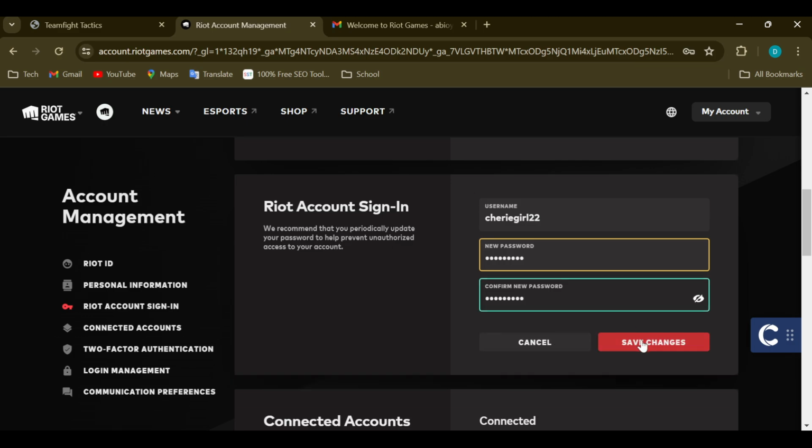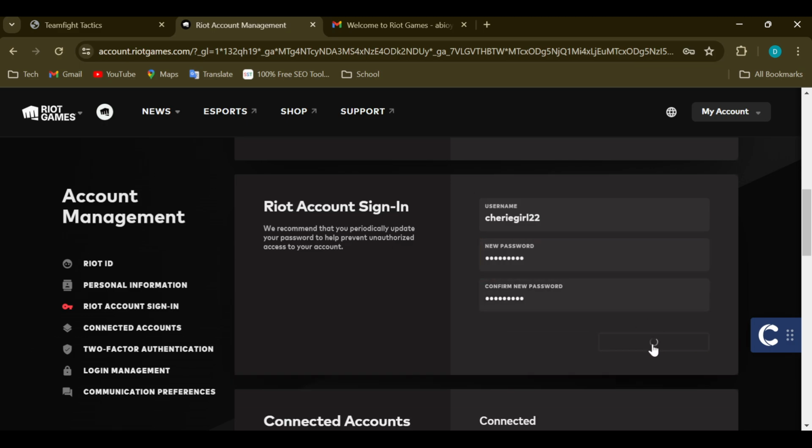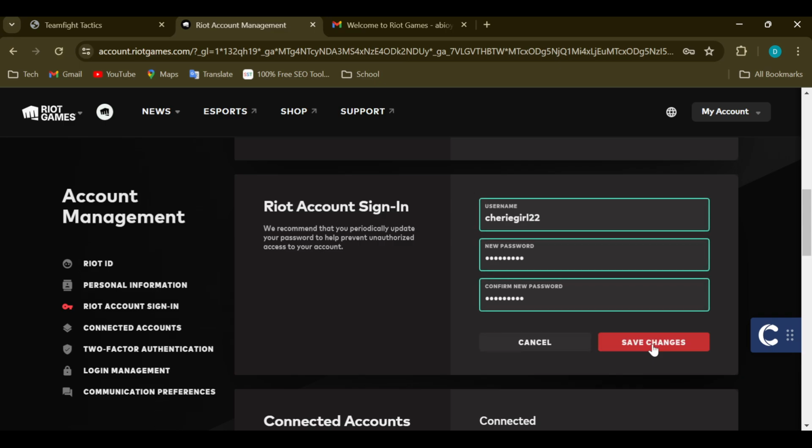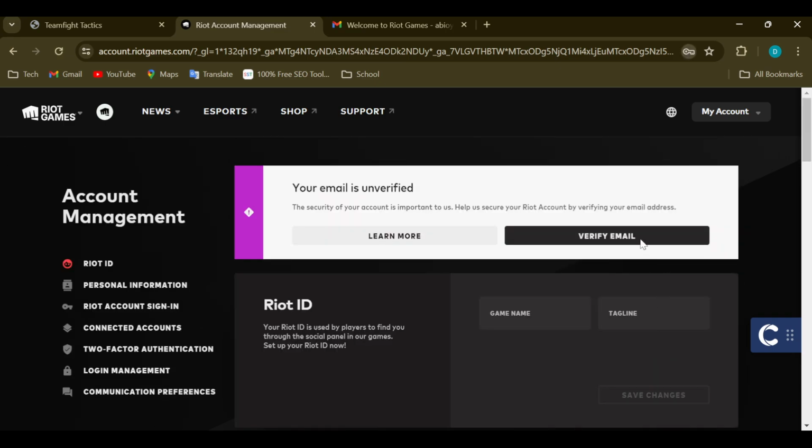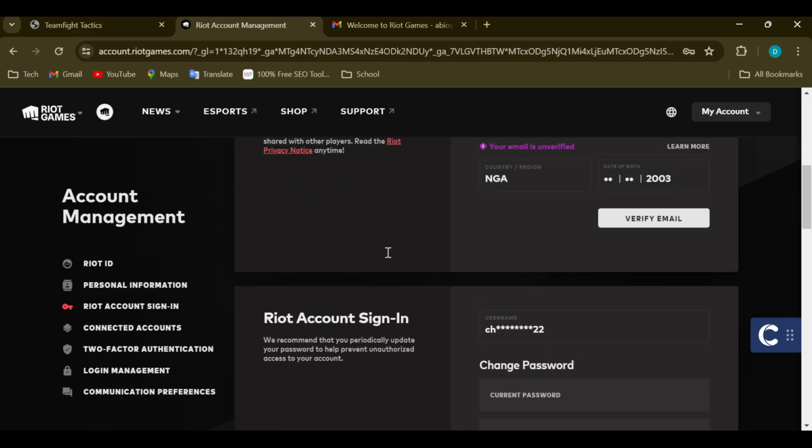And then once you're done, the save changes button would be available. So just click on it, click on save changes, and then just like that, your password would be changed. So this is how it works. This is how you can change your password on